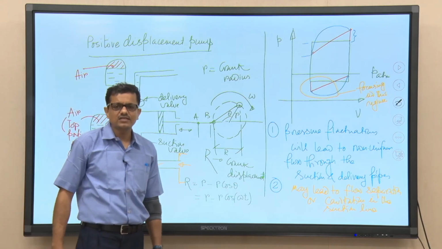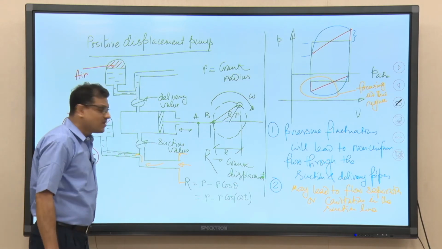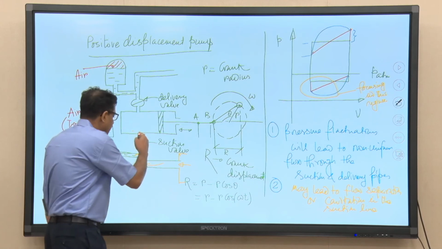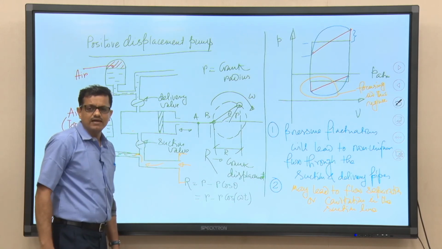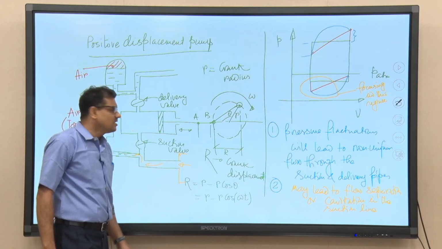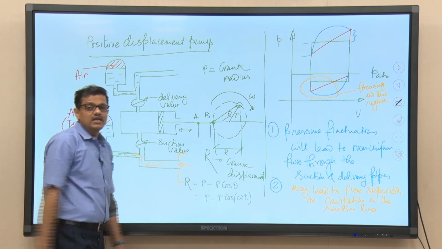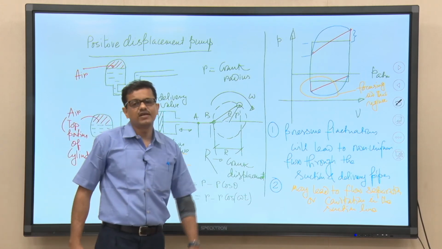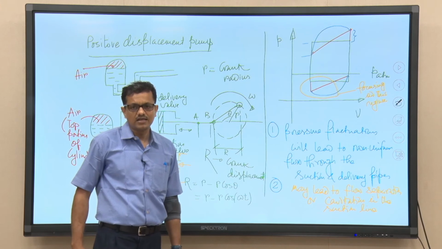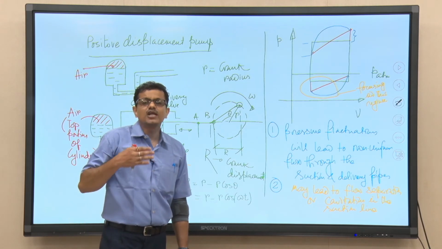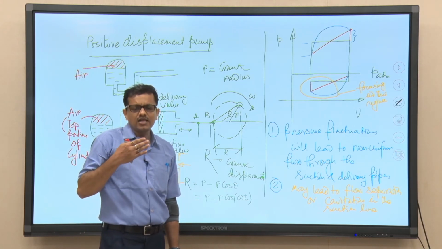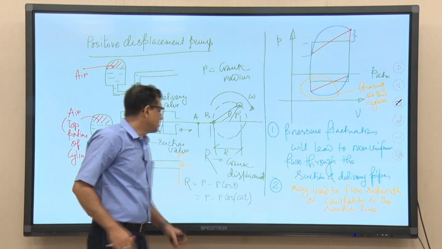So, try to understand that the possibility of having cavitation can be avoided. On the other hand, we are also going to get a uniform flow rate, which is very important for this particular case. So, it is very important to understand why we need this special type of arrangement.